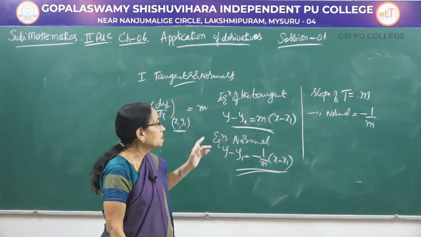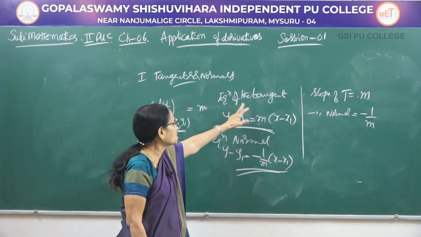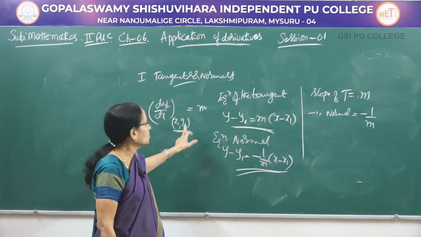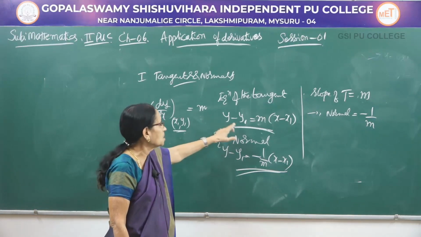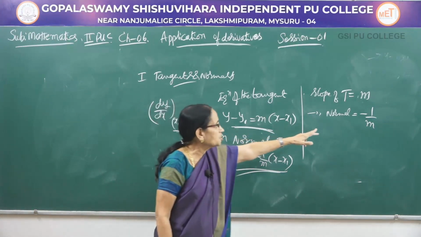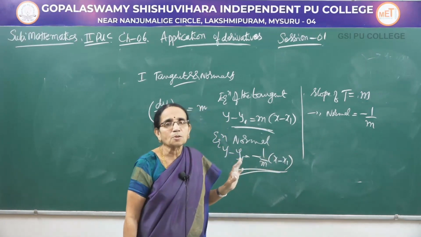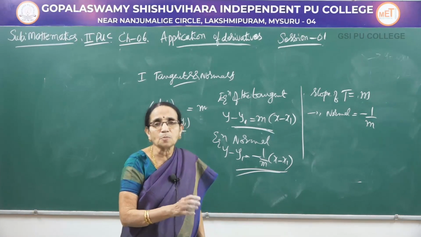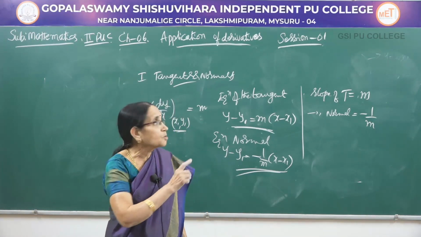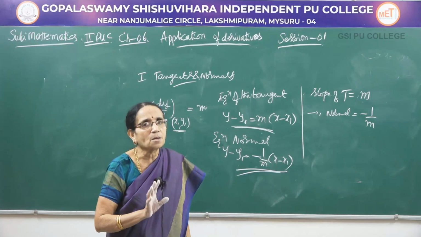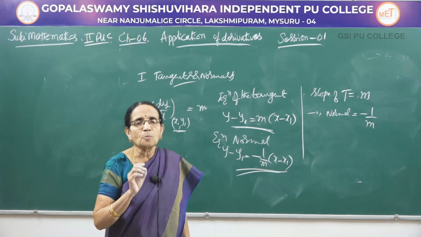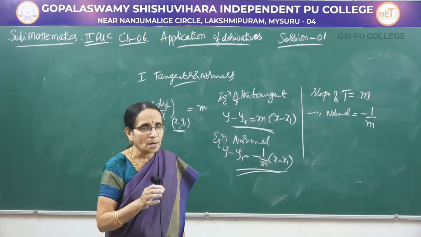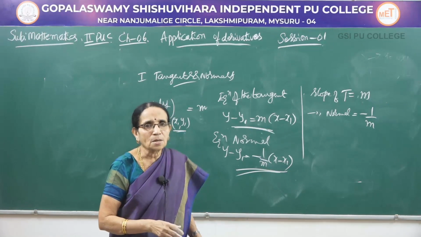For a 3 mark question, you will generally be asked to find the equation of the tangent and the equation of the normal. First, you differentiate, you get the value of the slope of the tangent. Find the equation of the tangent. Take the reciprocal and change the sign, that gives the slope of the normal. Find the equation of the normal. So, these are the 3 types of problems you expect in this first application, tangent and normal: to find the slope of the tangent and normal, or to find the points given some condition, and to find the equations of the tangent and the normal.